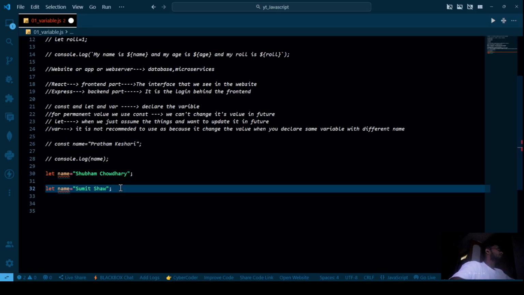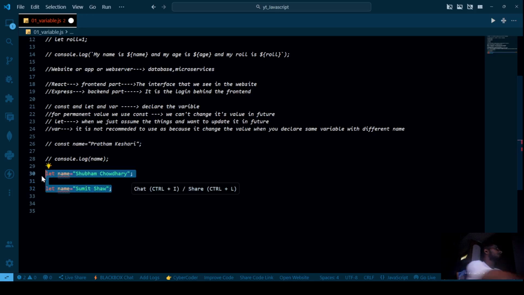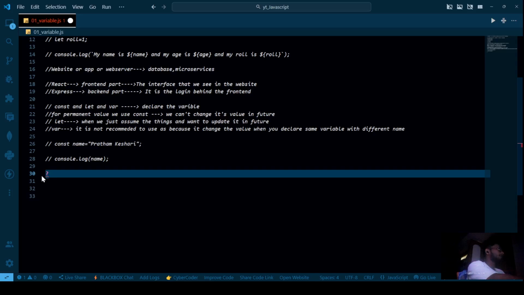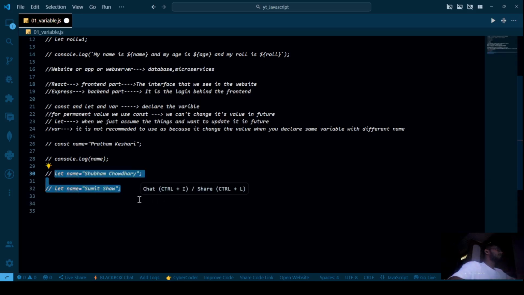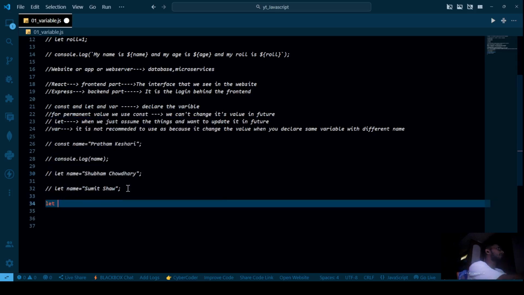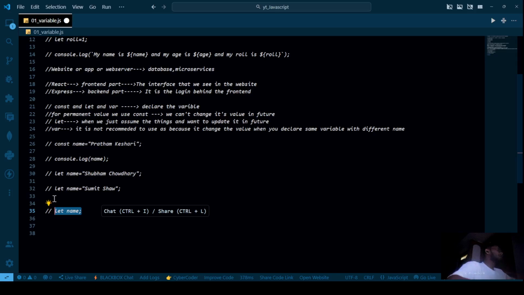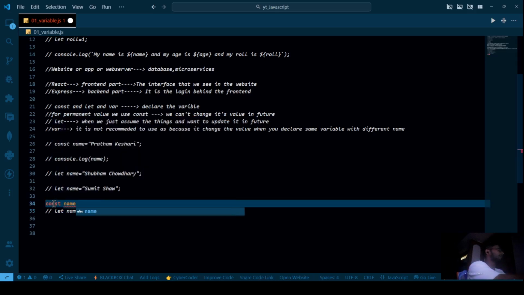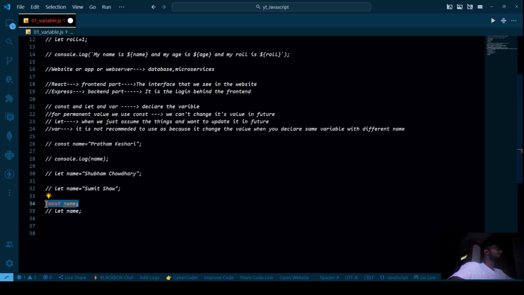So what does this mean? Is const the same as let? Absolutely not. So how will you use this? Just see what you will do. Basically, we write the name and we don't need to assign a value. Suppose we want to take the name from the user, in that case you can use let. But if you write const and name and do this, it will give the error because const always needs a value, whereas let doesn't need the value. It will take the value in future also.